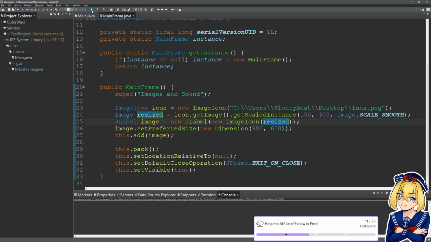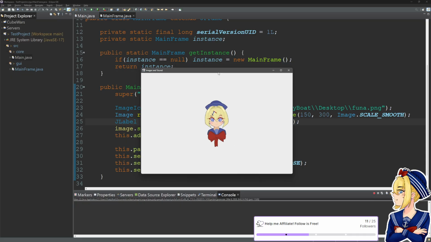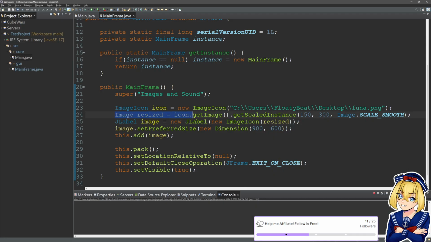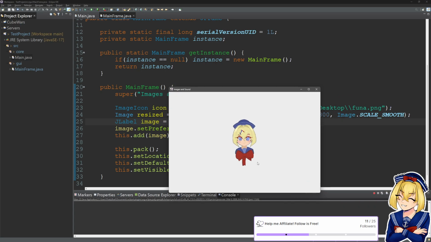And what this should do is now we have a resized version of Funa-chan. So we loaded this super high resolution version, and then we're making a new scaled version of that image. And we're gonna wrap that new scaled version inside of an image icon. And then we're gonna put that image icon inside of a JLabel. So that's how we're drawing it to the screen like this.